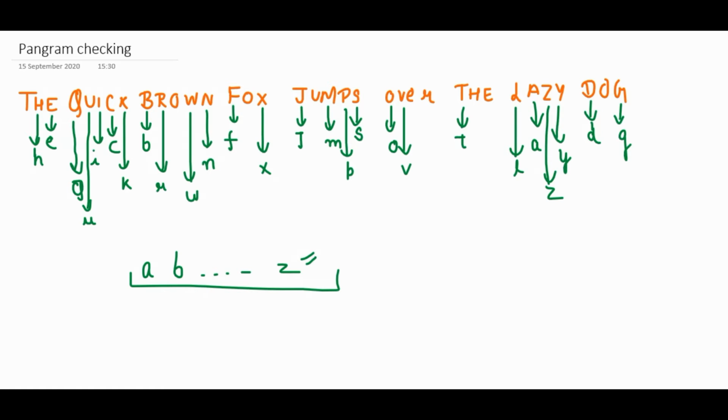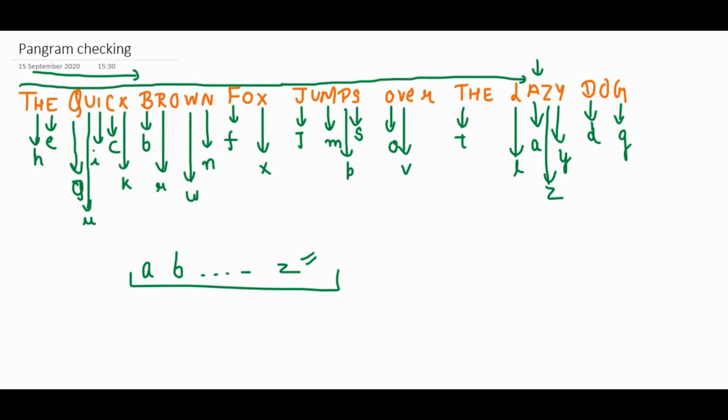Okay. So what we have to do, we will start from the first character. We will go till we find A. So where is A here? We will keep going, we will keep going, we will keep going until we find A. Here it is. Okay. Same way I will find B. As you can see, B is here. And same way I will keep iterating until I find all the characters. If one of the characters is missing in between, we will stop there and return false because it will not be a pangram then. Right?